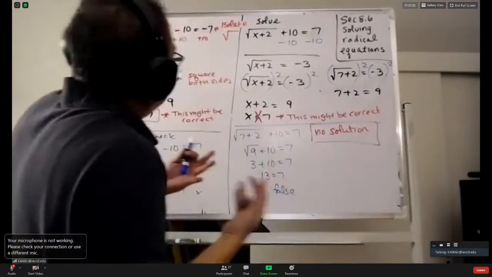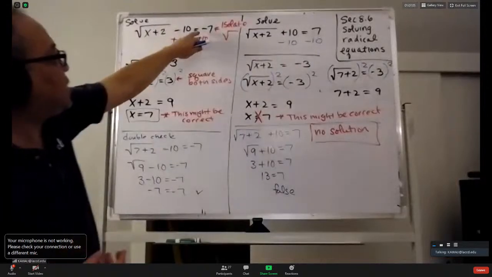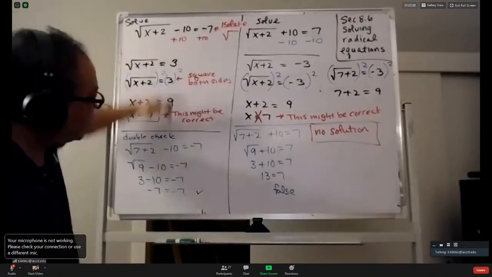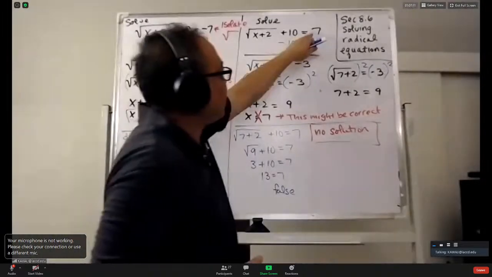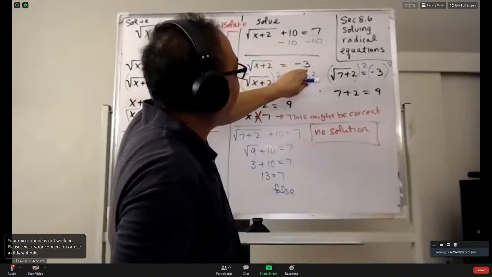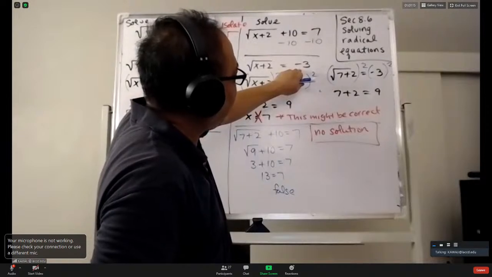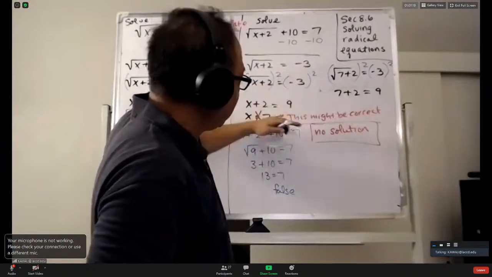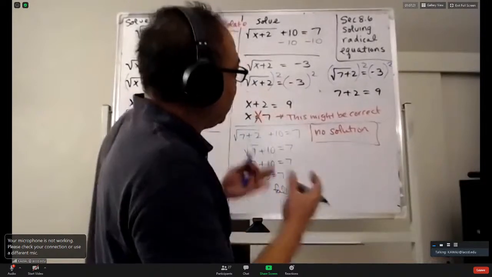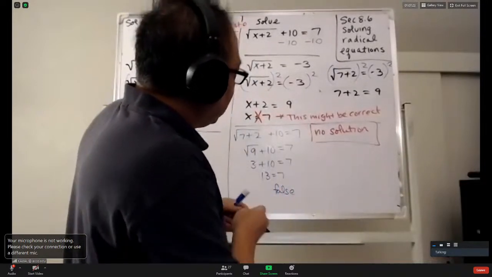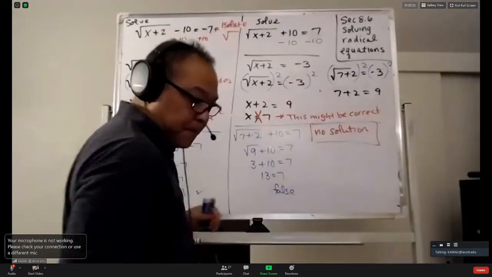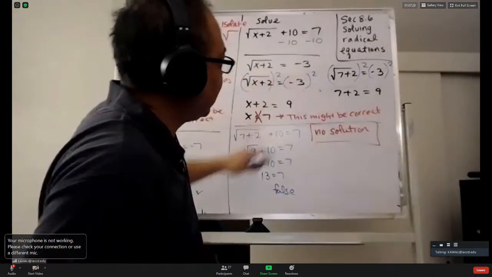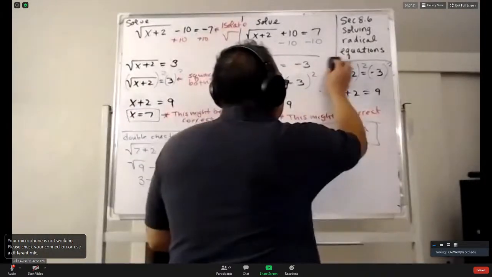But after you isolate. See, over here, I started with a negative number, but after I isolated, it was positive. That's why it worked. Over here, I started with a positive number, but after I isolated, I got a negative number. So if you were to go this far and have that, and you say no solution, it would be correct. So then the next question is, okay, so if I can stop here, or after I've isolated, I get a negative number, can I